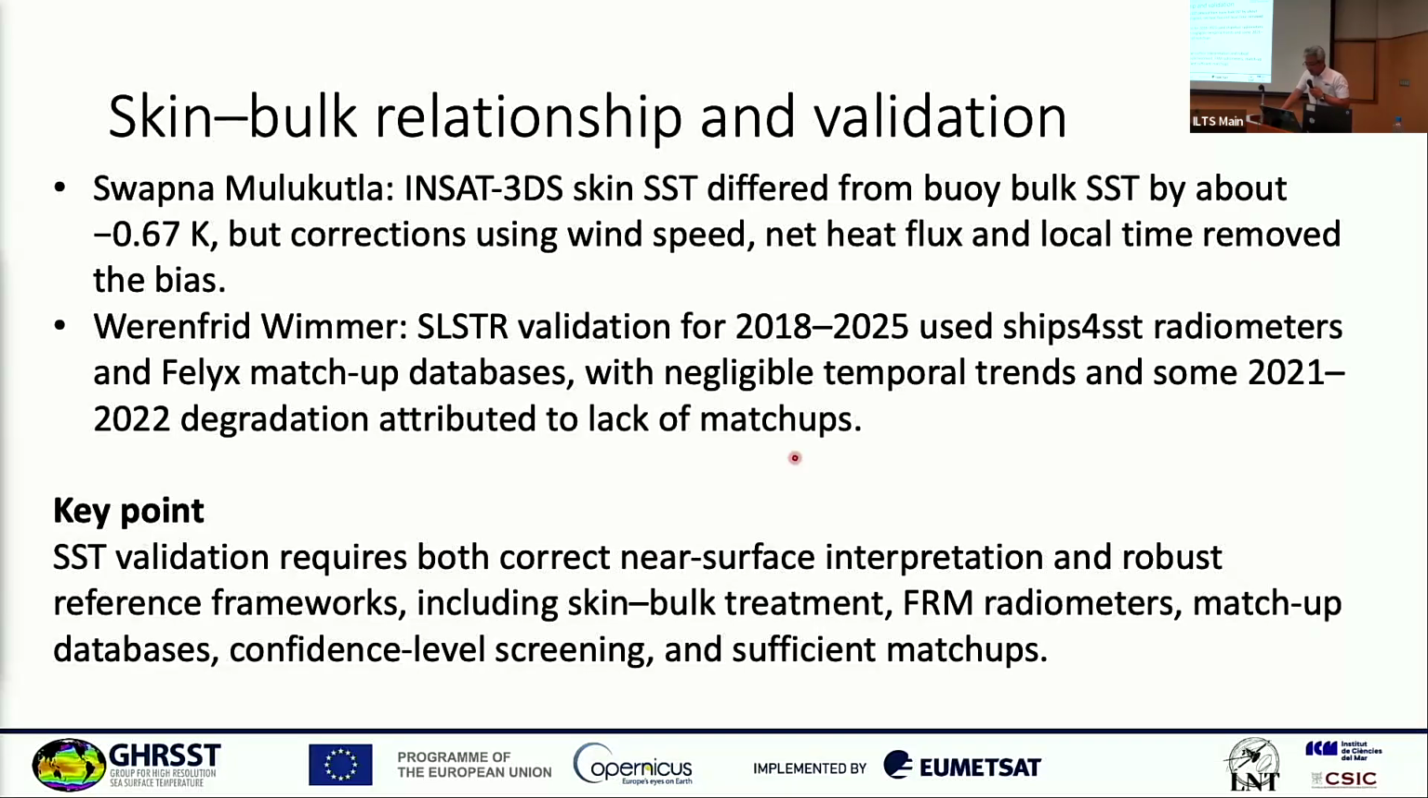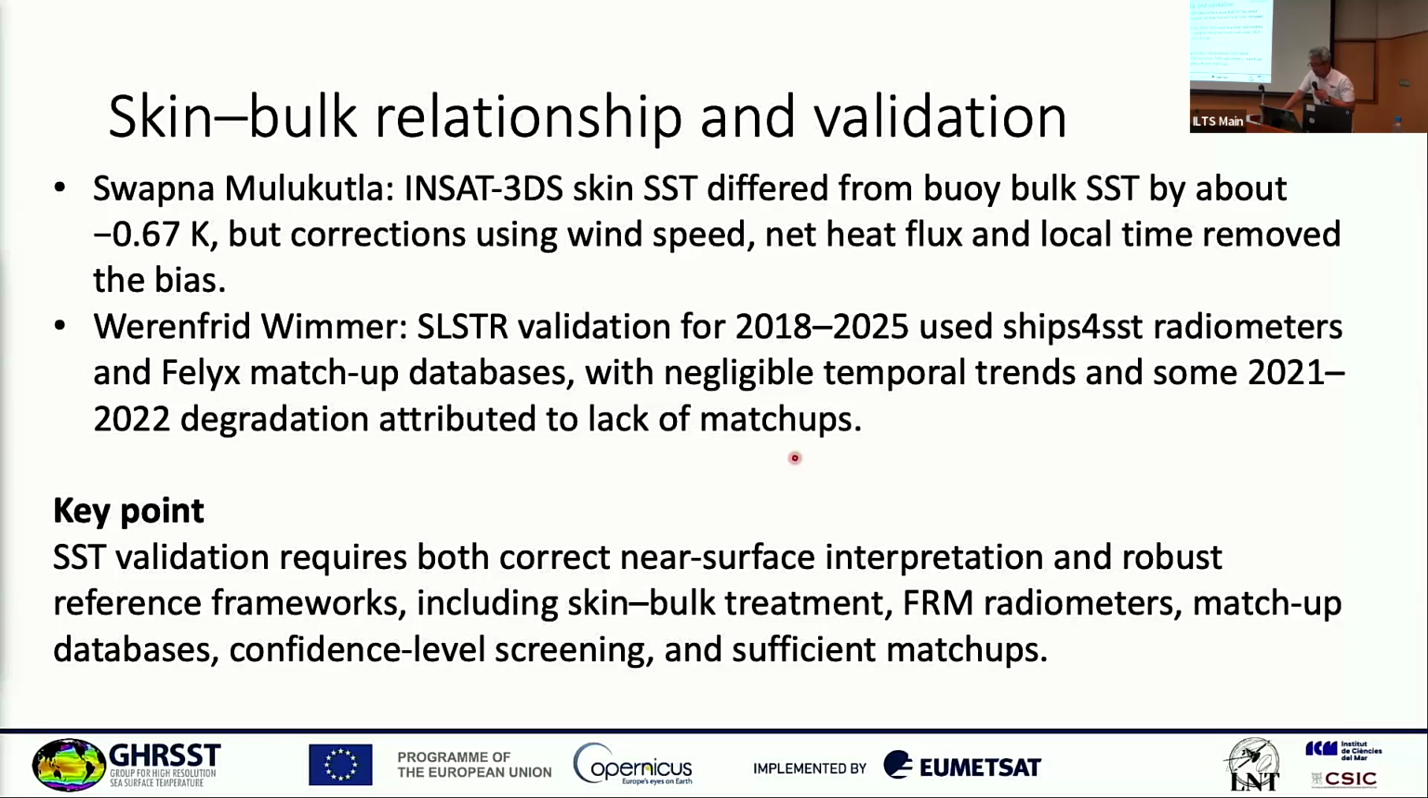And the second group focused on the skin-bulk relationship and validation. Sapporo showed the in situ skin SST differed from the buoy bulk SST over the North Indian Ocean by about minus 0.67 Kelvin, but corrections using wind speed, net heat flux, and local time removed the bias. Dr. Wimmer presented the SLSTR validation result for 2018 to 2025 using the radiometer metadata from SHIP4SST and match-up